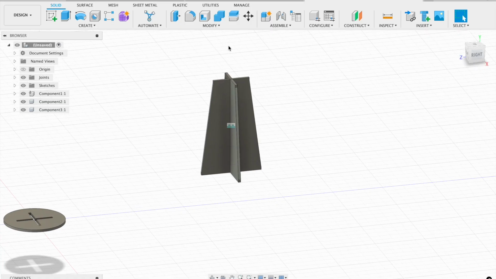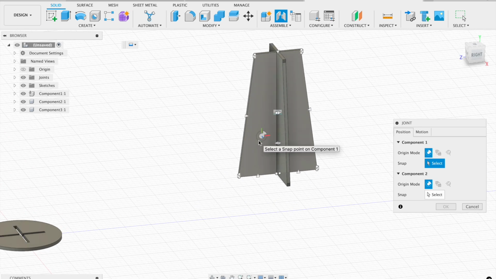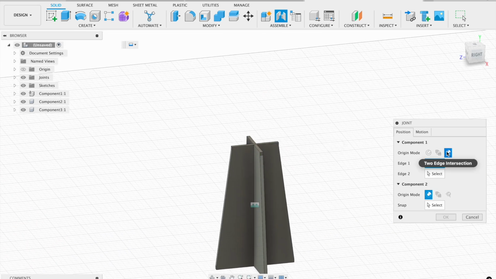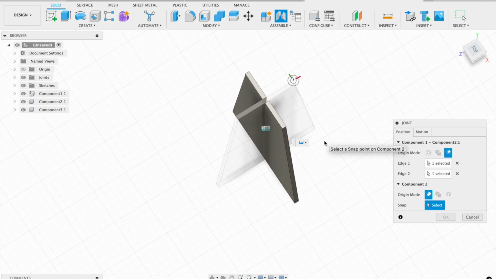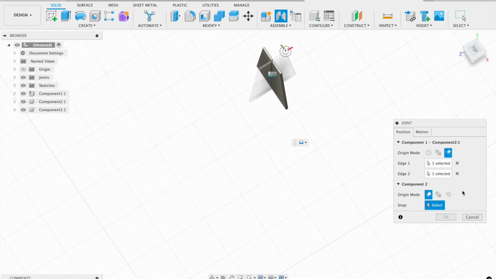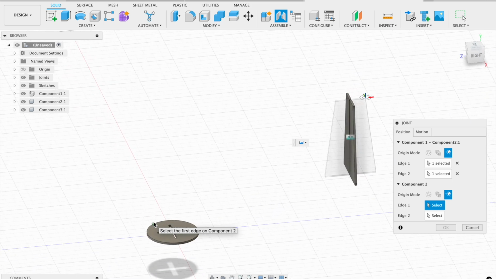I'm now going to assemble the seat onto the legs. To do this, I'm going to use the assemble again, and I'm going to use a different assembly. I'm going to use the edge assembly, and I need to pick two edges so they're at right angles to each other. So I picked those two edges, and I'm going to do the same thing on the top or